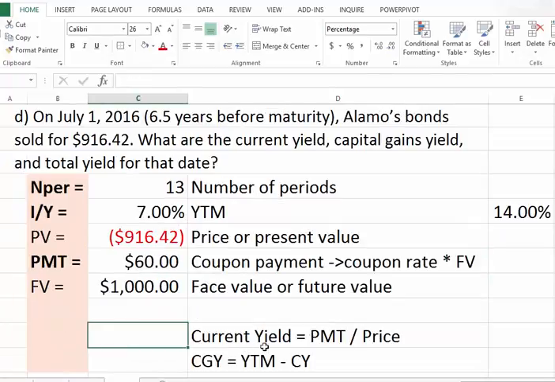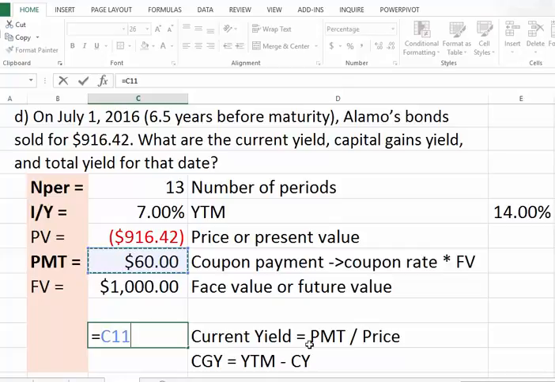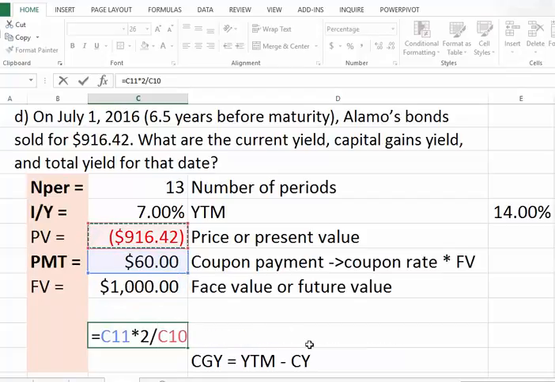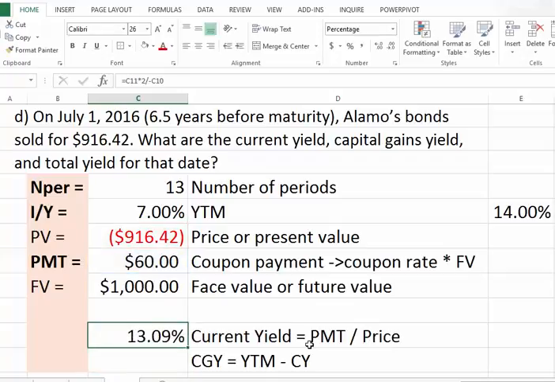So for the current yield, we know the formula is just the payment over the price, but we have twice as many payments in a year, so we need to multiply that times 2 divided by the price of 916. We get, let me again get rid of the negative, so we have a 13% current yield,